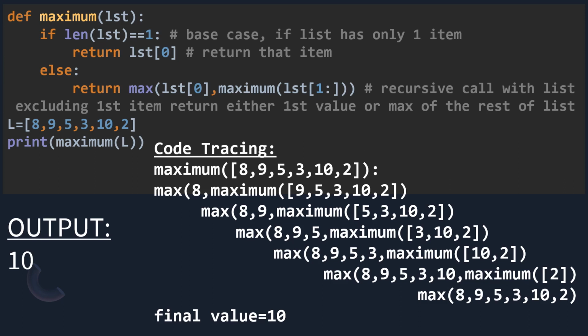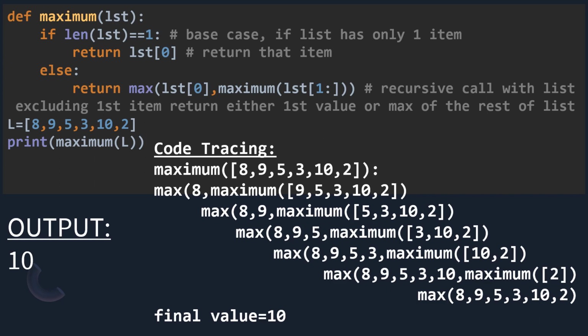Then again it will be called with this list 5, 3, 10, 2. This max function will have values 8, 9, 5 because 5 is the value which is at the initial position of the list. So max function will have lst of 0 comma maximum of the rest of the list. So max function will have values 8, 9, 5 and maximum of 3, 10, 2.